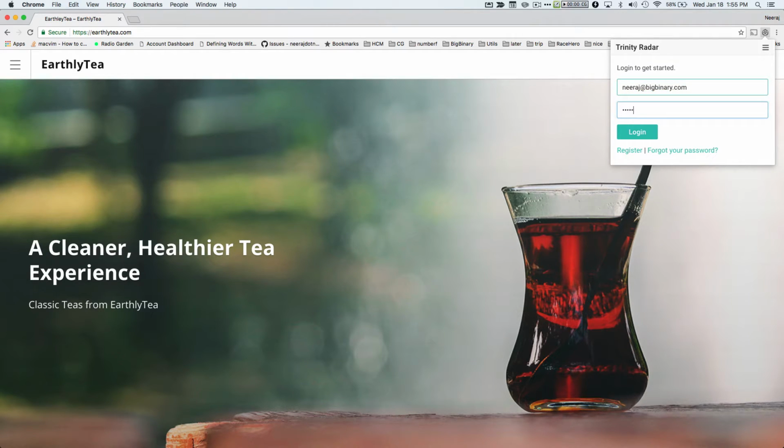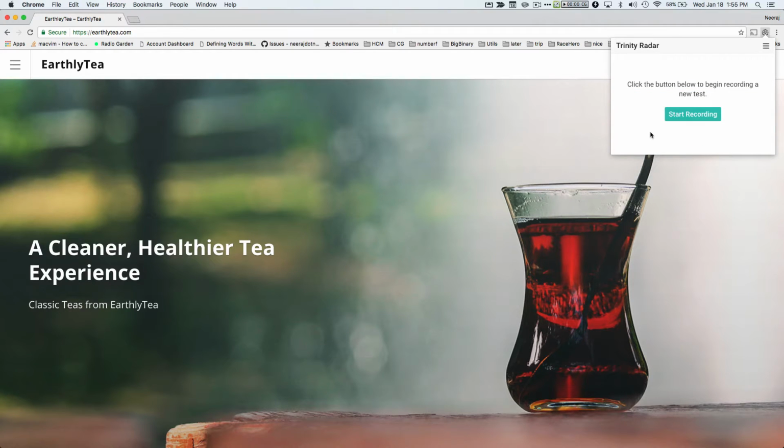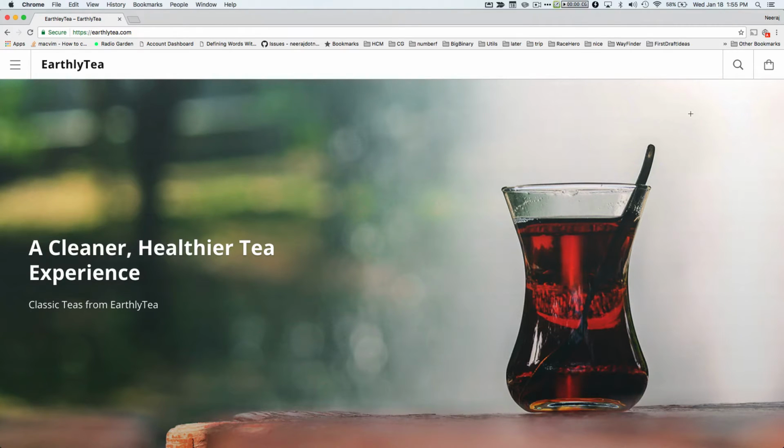But if you don't have an account, then you can also register. Once you have logged into the extension, then you can do the start recording. When you click on start recording, immediately you will see two things. First thing you will see is that the extension has now